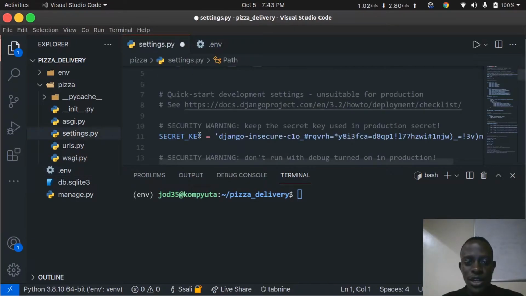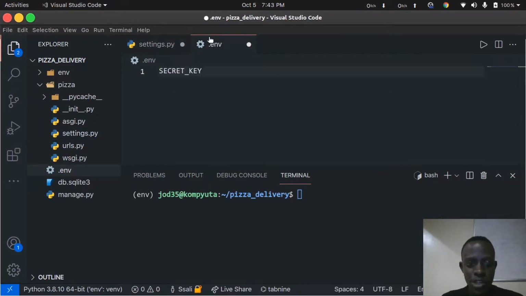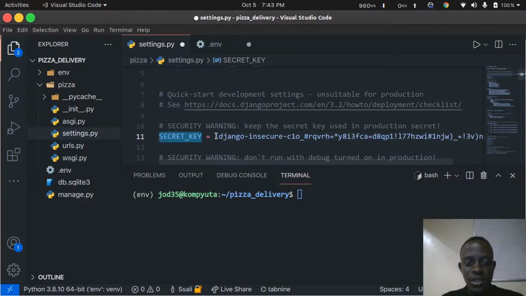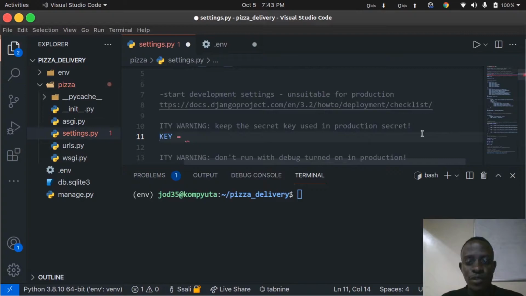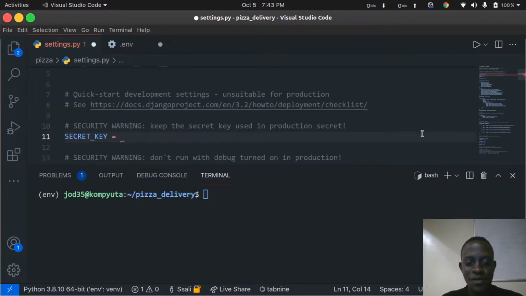So I'll go to settings, and the first thing I'm going to do is remove our secret key from our settings. We need to put our secret key right in here. We need to replace this default secret key with what we're going to write within our environment variables. I'm going to use Python secrets to generate a random hexadecimal value that we're going to use as our secret. So within our terminal, I'm going to